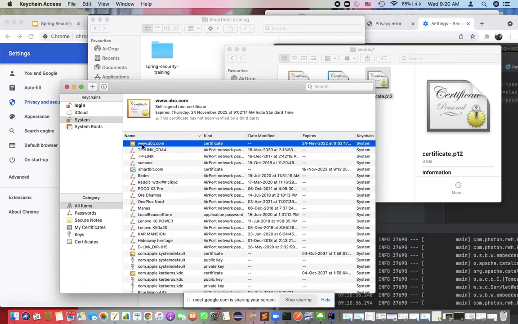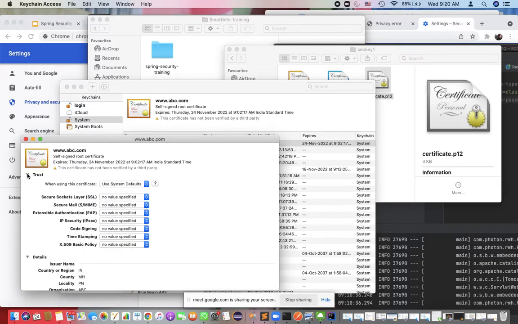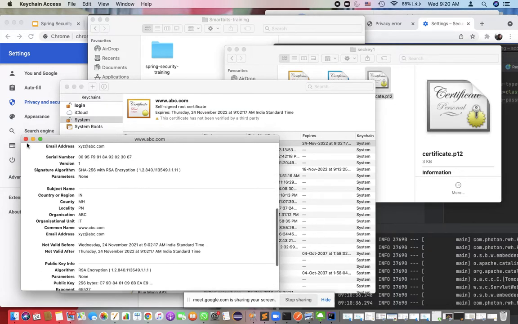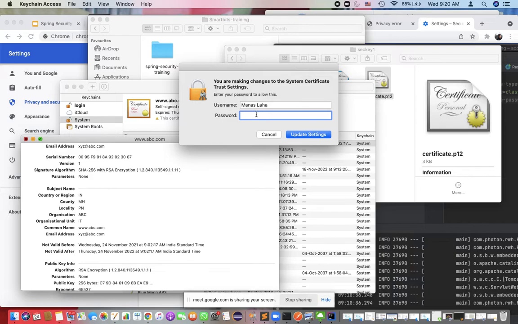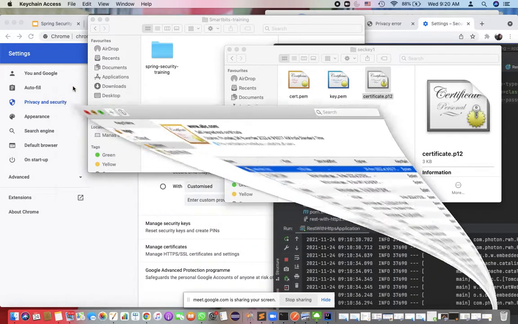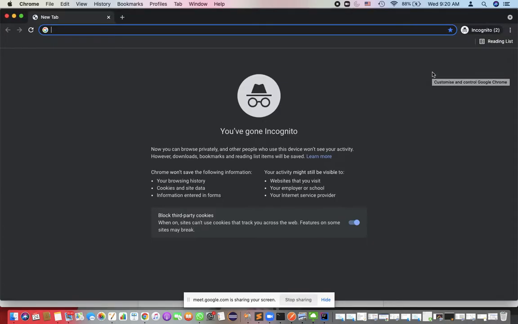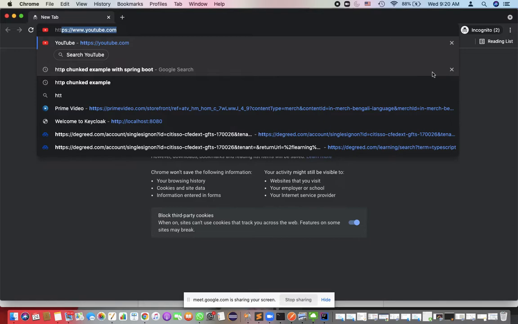Okay. After that, what I need to do, I need to click it and I need to tell my browser कि तुम भाई इसको trust कर लो. So I'll give that always trust. Every time I need to give my admin password because I'm updating settings. Now next time if I use an incognito window, so that my previous cache will not be used, right,